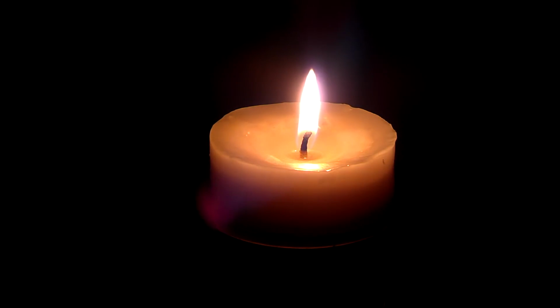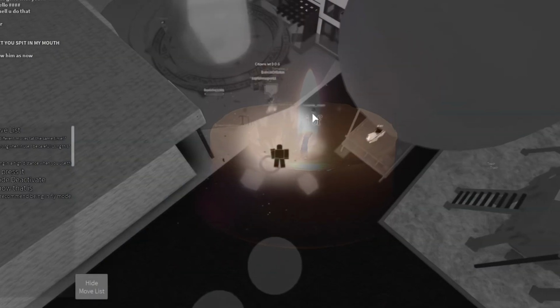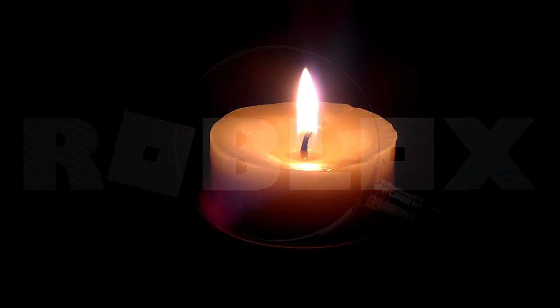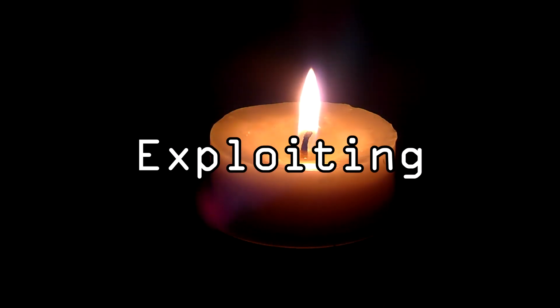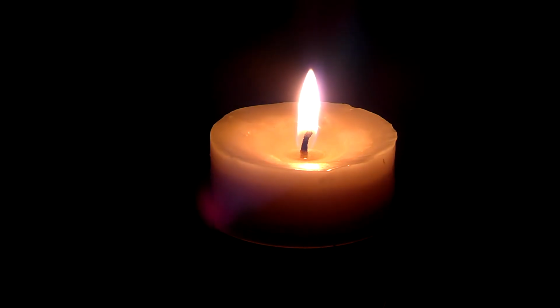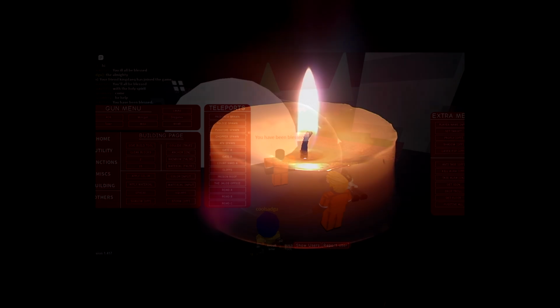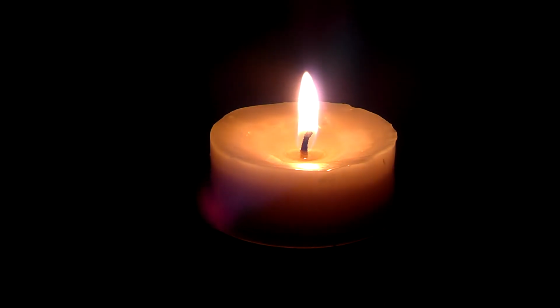Take this comparison. Before mid-2018, 2019, exploits were for fun. They were meant to literally cheat, but also they were used as an experience, as a way to see Roblox through a different light. And although that light was inherently destructive, it was a different light nonetheless. Nowadays, exploiting has almost been entirely relegated to being a tool. Yeah, there are some exploits like the Redwood Prison GUI that are just ridiculous and basically have functions that a pre-FE script would have, but those are very few and far between.